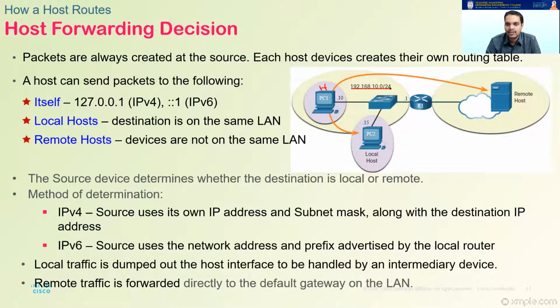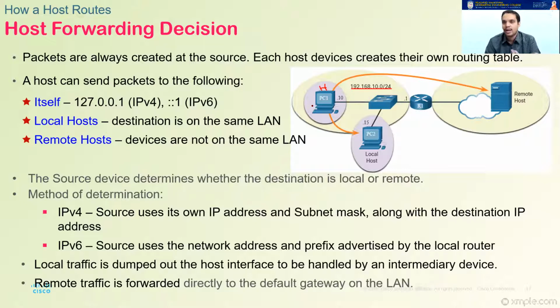We will study these network addresses in modules 11 and 12 in depth, because we will be working on a lot of these issues. Okay, so this is the network address over here. Any host connected to this particular switch, belonging to this network, is a local host. The source device determines whether the destination is local or remote. So it has to decide whether it is a local host or a remote host.